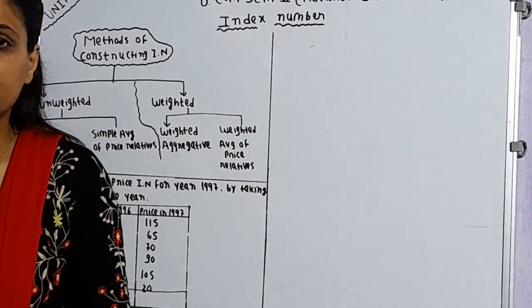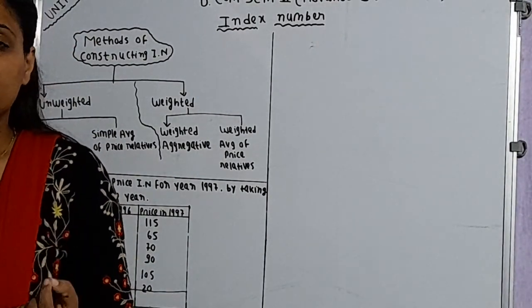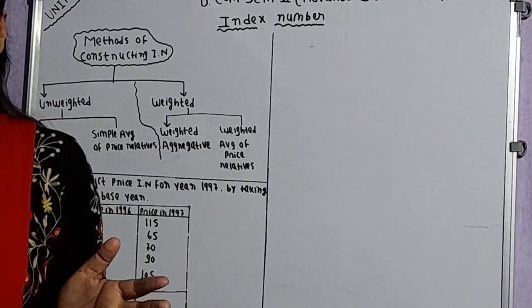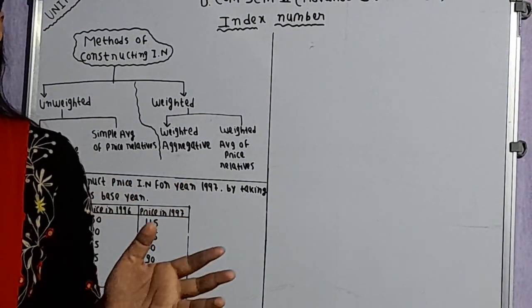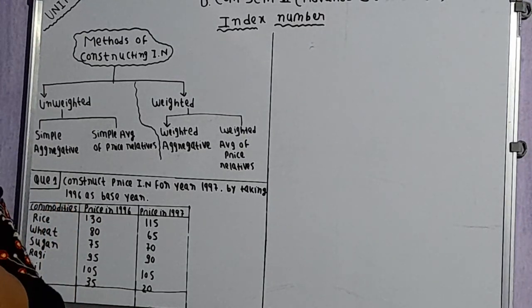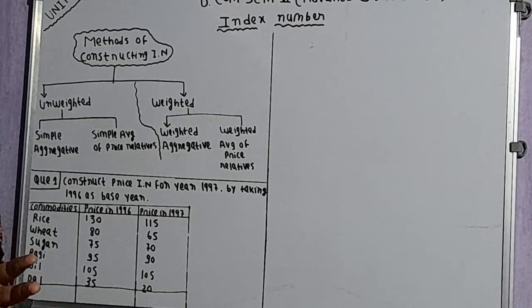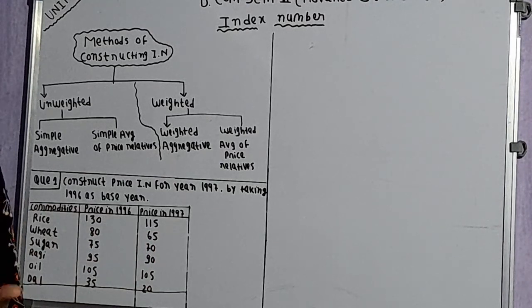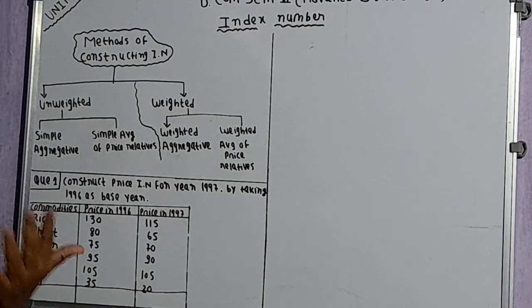What is basically the index number? It is an indicator. It is a statistical tool which measures the relative prices of two commodities over different periods of time. Basically, it is a tool which provides us a parameter to compare different economic variables over different periods of time. So this was the meaning of index number in brief. We have already seen it in great detail in our last lecture.